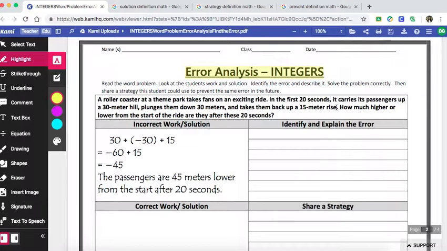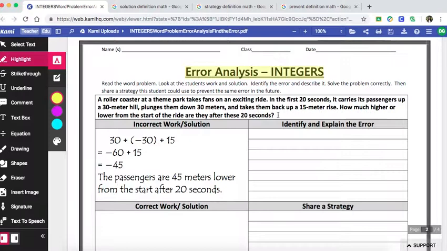So I'm going to use some of my prior knowledge to come up with a mental picture of the situation. I have been on a roller coaster before, so in my mind, I'm imagining Disneyland's California Adventure, and the roller coaster is California Screaming. So within 20 seconds, the ride goes up, down, and up again. That's pretty fast. So now I'm going to begin my second reading of the problem stem,